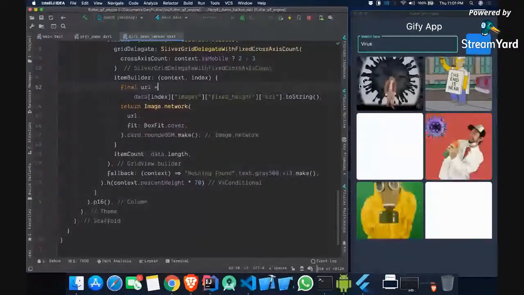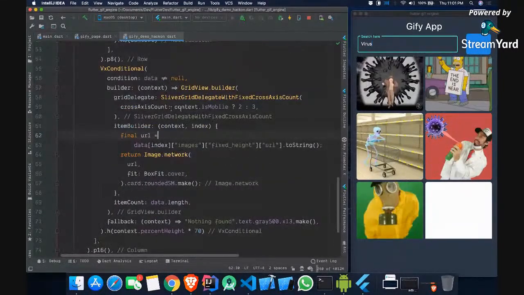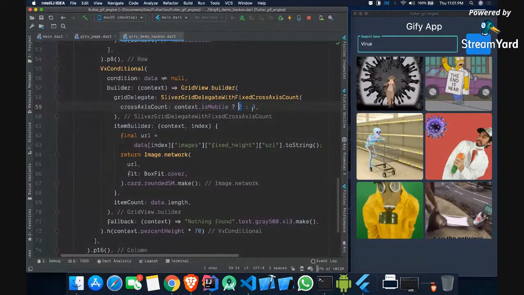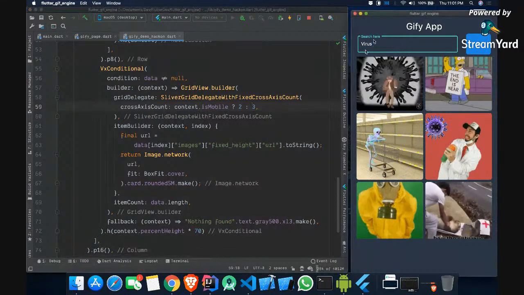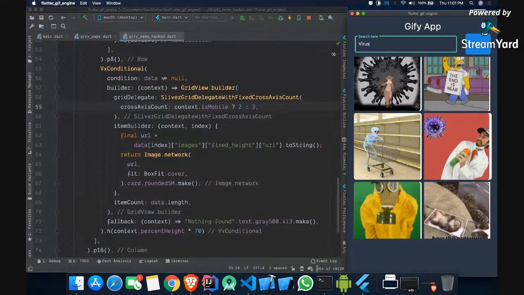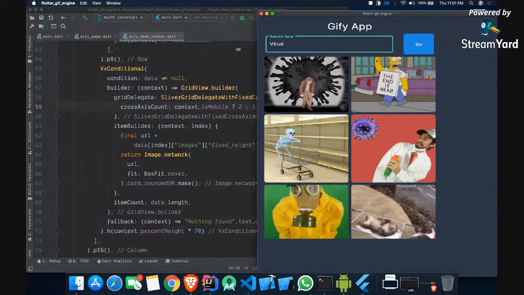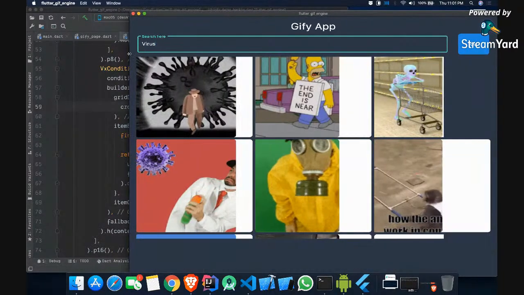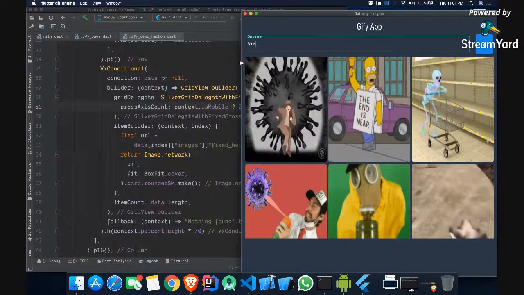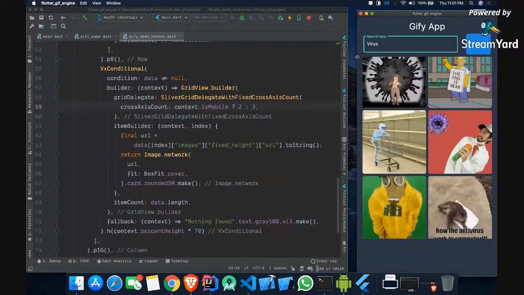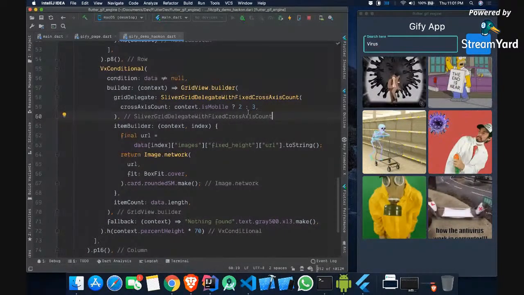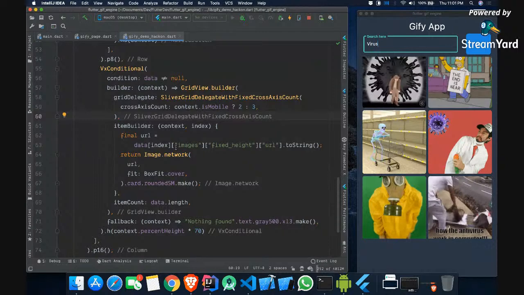And the good part is that for mobile I am using 2 items in a row, but for web I am showing 3 items in a row. So if I just try to stretch it, then you will see that I will see 3 items rather than 2. So it is responsive. It works on all platforms. I have already tested it on mobile, web, and desktop. But because we cannot perform so many things here,